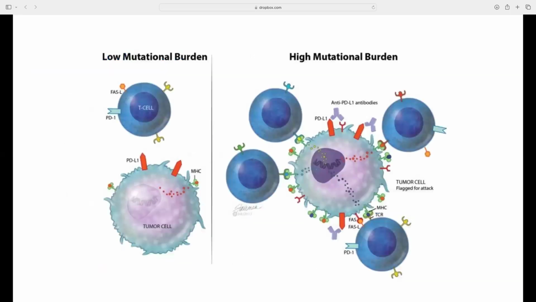I'm not going to talk through the immunology, but just to give you a very, very simplistic idea of the model for this biomarker, the thinking is that a higher mutational burden or higher TMB leads to more neoantigens presenting to the surface of the tumor, and so produces a tumor that is easier for the immune system to identify. Immunotherapy then activates the immune system, and so it's able to find those tumors and neutralize them. Whereas if you're TMB low, you have few somatic mutations, it's hard for the immune system, for the T cells to identify those mutations. So the immunotherapy doesn't work as well. This is the basic idea.